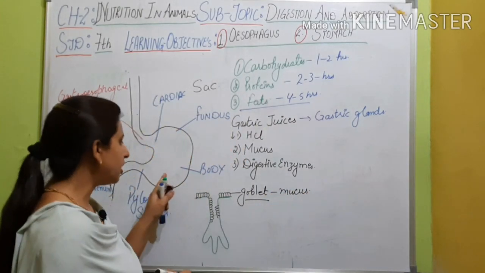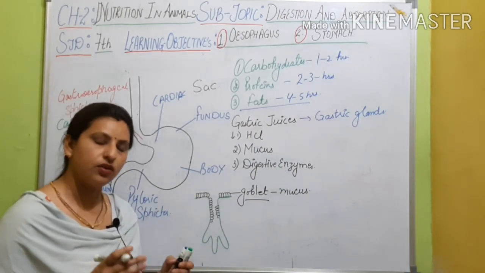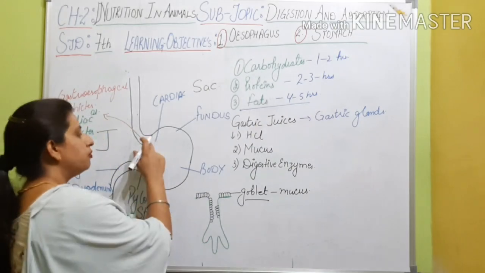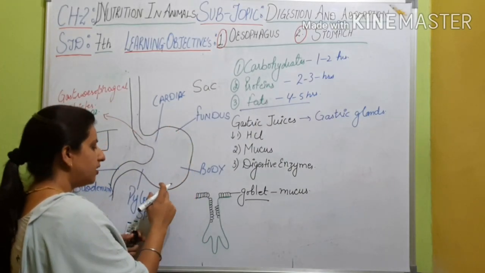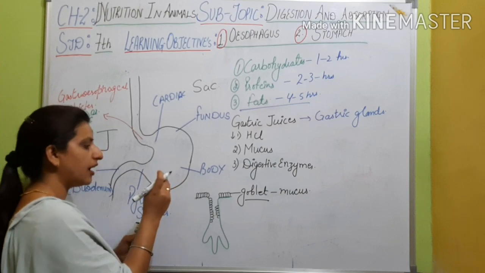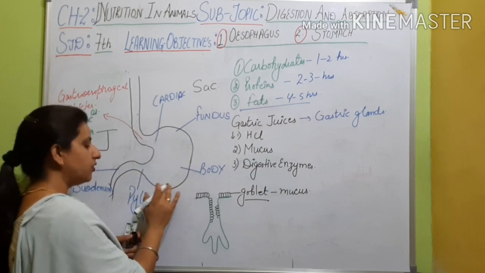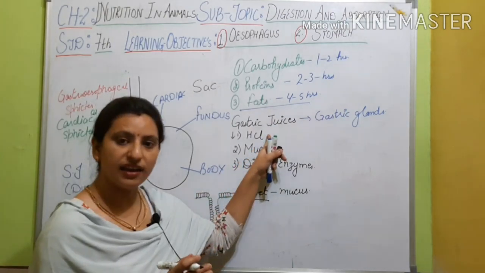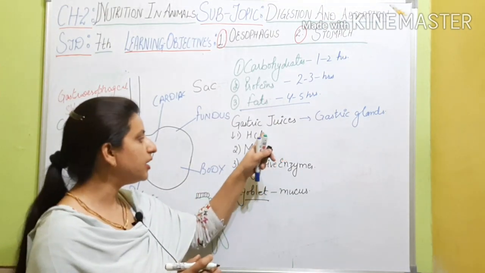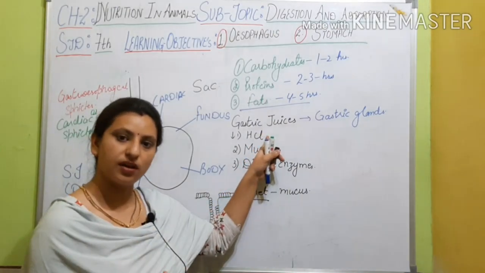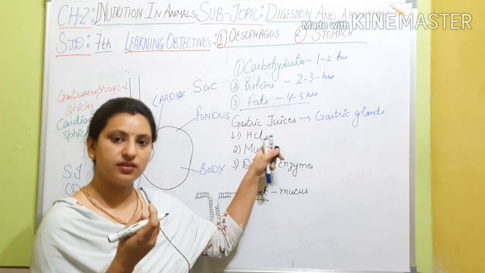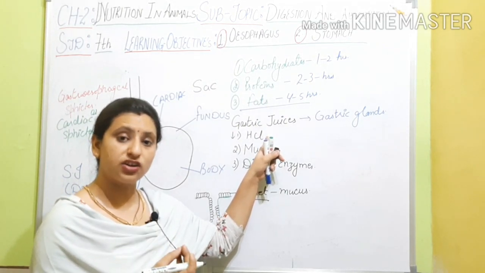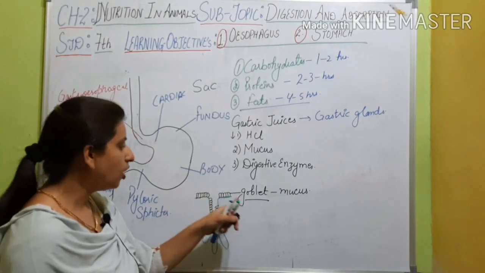As in the case of the stomach, this mucus is thicker, much thicker. Why? Because this mucus will make a thick line on the inner wall of the stomach. Why? Because HCl is highly acidic, and it may rupture the wall of the stomach. So to avoid the acid effect of the HCl, the goblet cells are